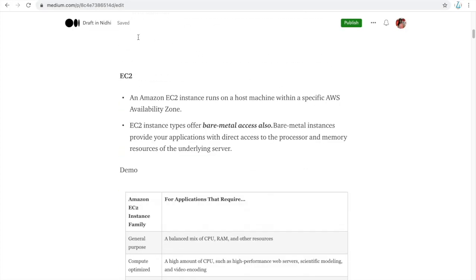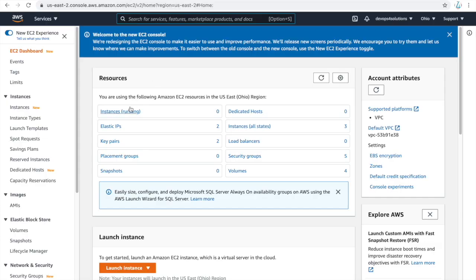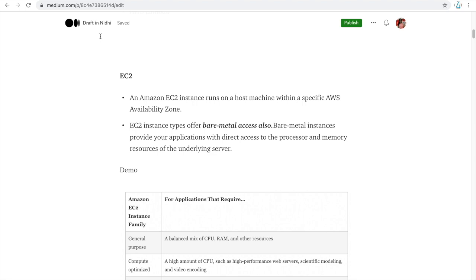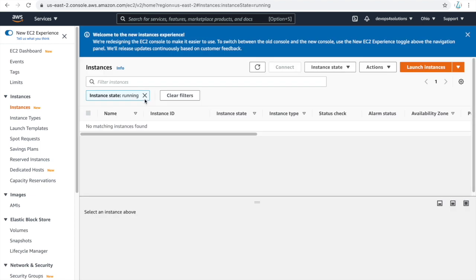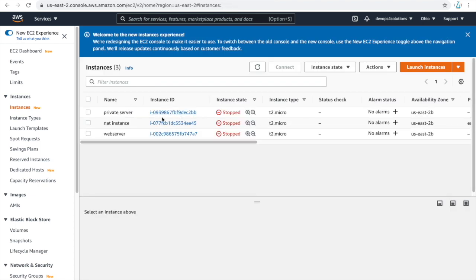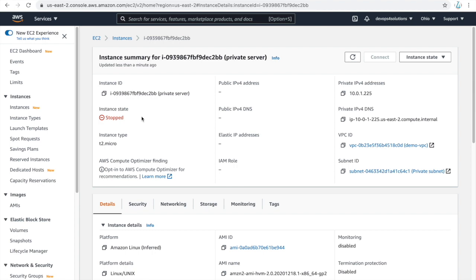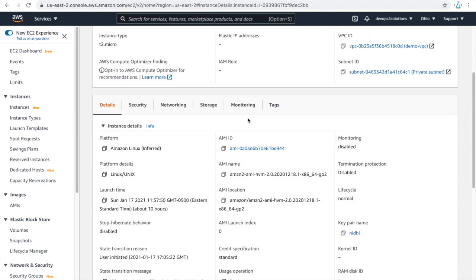Whenever you create any EC2 instance, it runs on a host machine within a specific AWS availability zone. I can show you, I have some instances which are currently stopped, but if I go there, you can see that each instance is running in an availability zone.